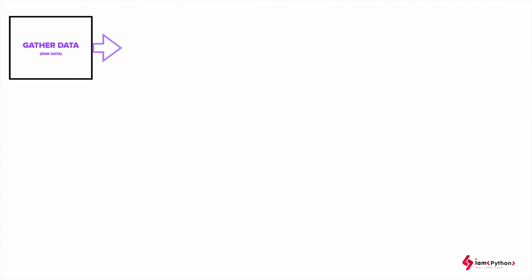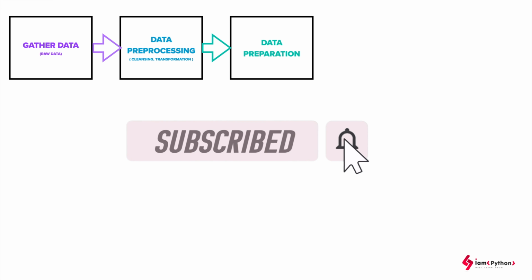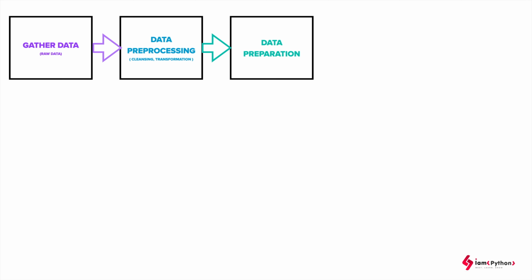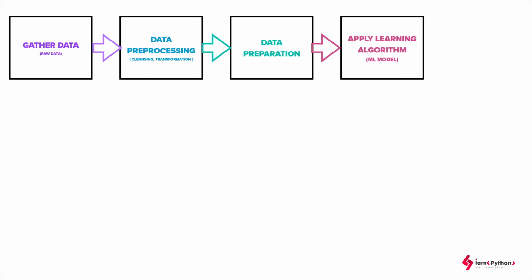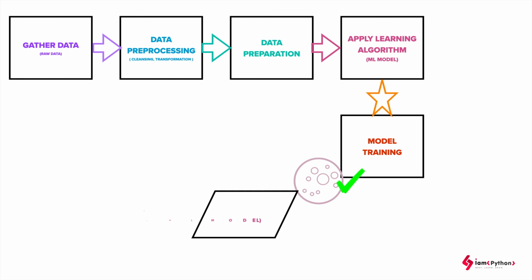First, let's talk about the machine learning lifecycle in general. Basically we gather the data, and after that we do the data pre-processing steps like cleaning, transformation and feature selection. So many things we do. Once we're done with this, data will be prepared for applying the machine learning algorithm. That's where we use the ML models, and after that we train the model. Once we train the model, if the model is giving the right predictions and the prediction rate is good, then we go for saving the model in different formats.